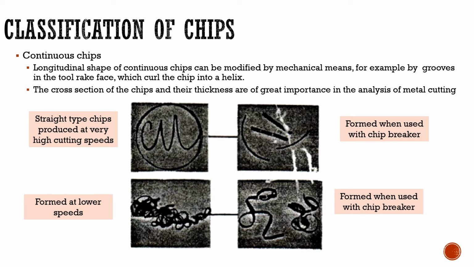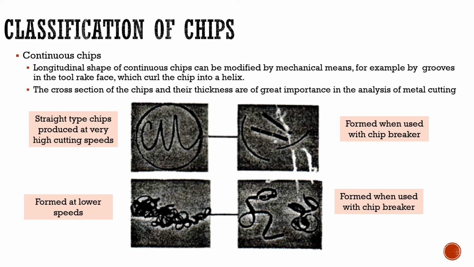The cross sections of the chips and their thickness are quite important in the analysis of metal cutting, and are usually considered in some detail. For the purpose of studying chip formation in relation to the basic principles of metal cutting, it is very useful to start with the simplest possible cutting conditions, consistent with maintaining the essential features common to these operations. So what you are seeing in this slide are some examples of types of chips that are formed